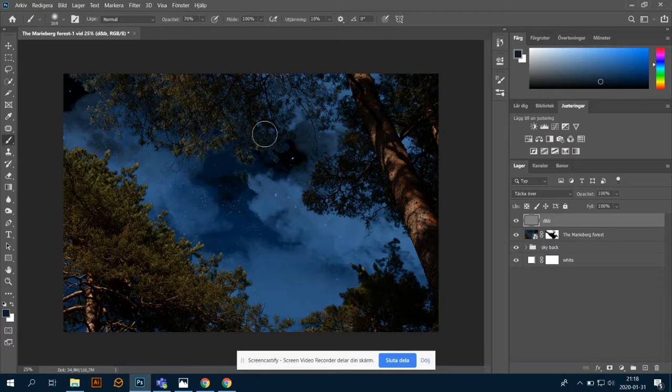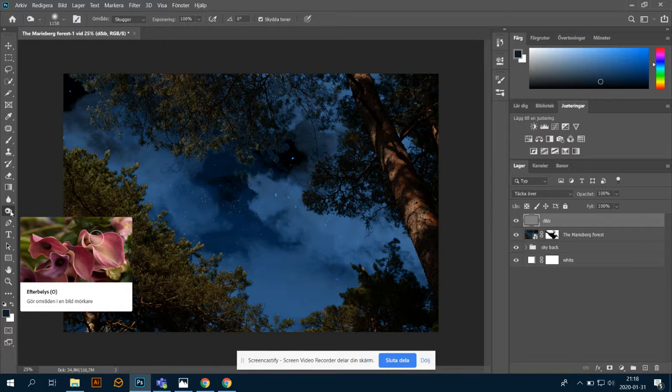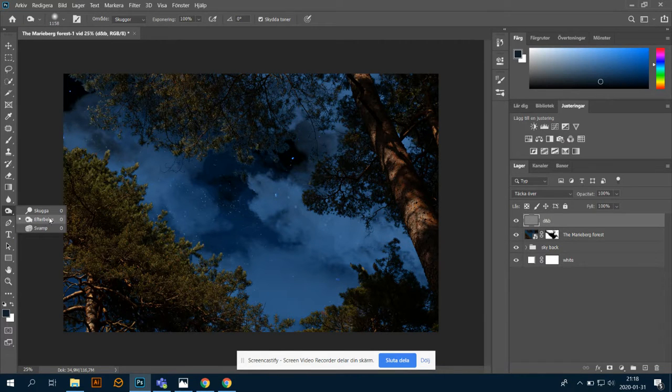There's a tool called Dodge and Burn. So you press the short key O, you have a hand, and this hand simply means burn in English, like in Swedish efterbelis, and efterbelis färg is also the Swedish word for color burn that we used in the sky back. So